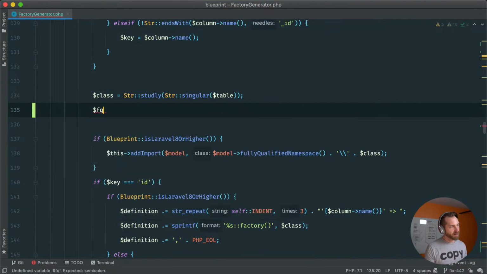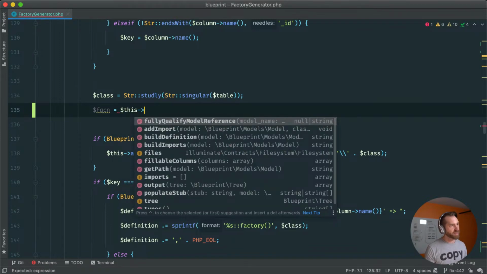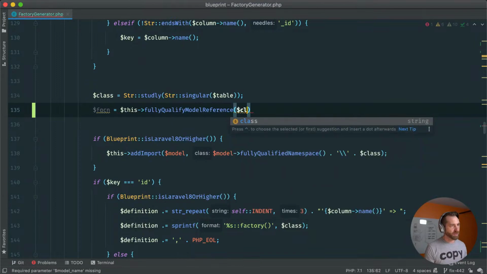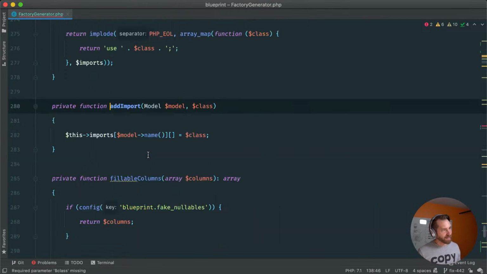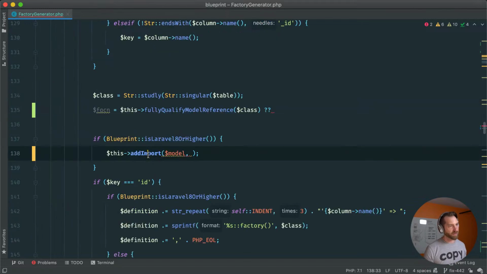It's fully qualified class name is equal to either this fully qualified model reference for the class or the original fully qualified thing dot class, right? But I don't know what this add import does. What does this do? Imports model name class. I don't understand that. It's assigning a reference to,